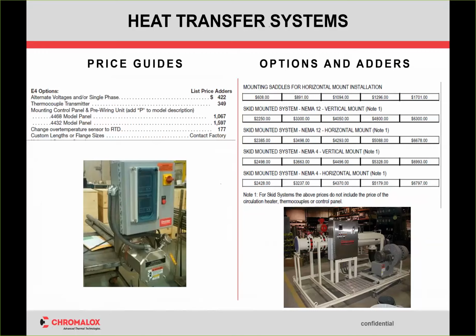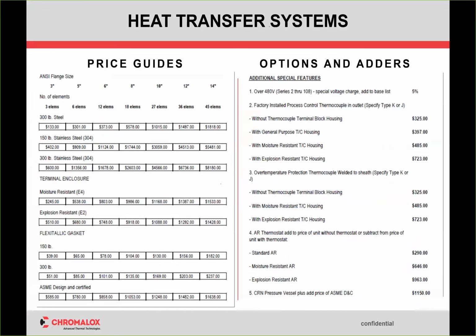If we can provide you with a skid, if we can make it modular. Modular is the key term to just about anything anymore. People love that. They're taking emphasis off site work and people in the field, and they're getting it done in the factory, and we can do that for them and offer that to them. Other things, larger size flanges, more elements, adding thermocouples. It's standard adders in our price guide, which we will obviously provide with the end of the presentation,